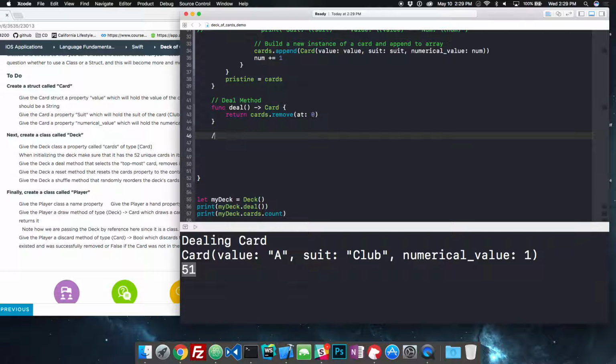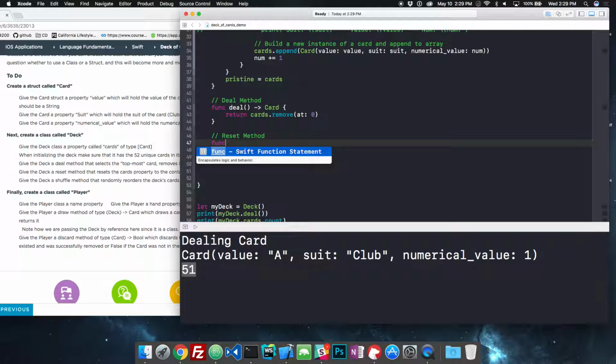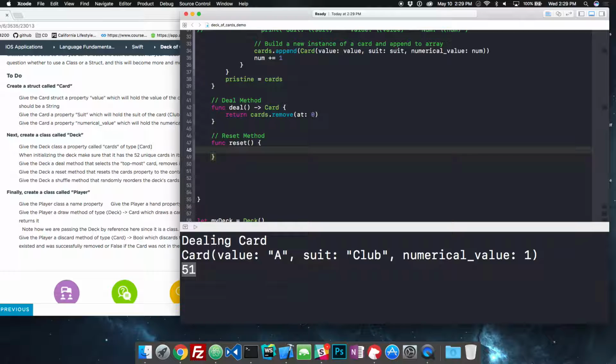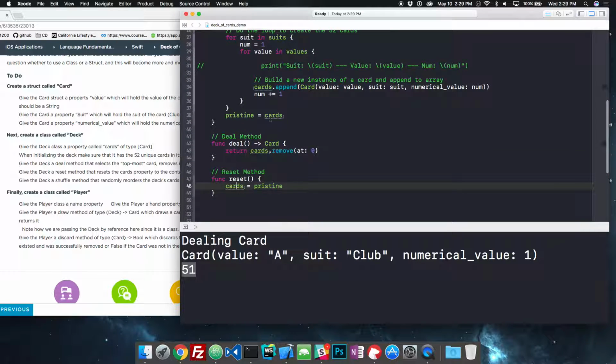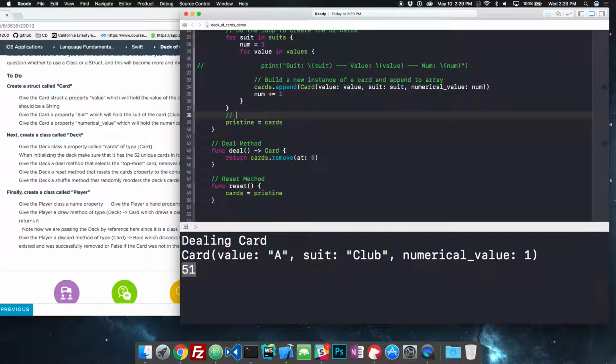So if I want to do a reset method, I can create a function called reset. And all I need to do here is just cards equals pristine. Just set it back to the original pristine version, right? So no matter what I do to my cards, here I'm just resetting it back to the original copy, right? So here is basically saving a copy of the original array,